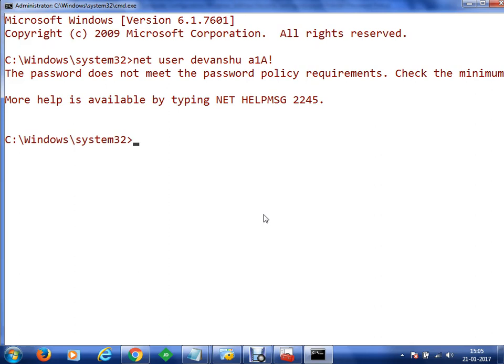Okay, so in case a new beginner or someone tries to change your password and he does not understand the policy requirements, then he won't be able to change your passwords, because sometimes what happens is, in case somebody has got your shell, he can change the password using the net user command. So it's a good idea that you can secure your passwords. Sometimes people just put in a DVD and try to change the password to something like ABCD or 1 2 3 4 5, and in case you have a password policy set, then the passwords won't be changed. Okay, so it's like a security setting which is required.